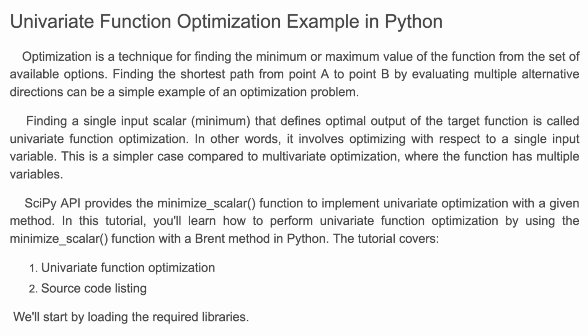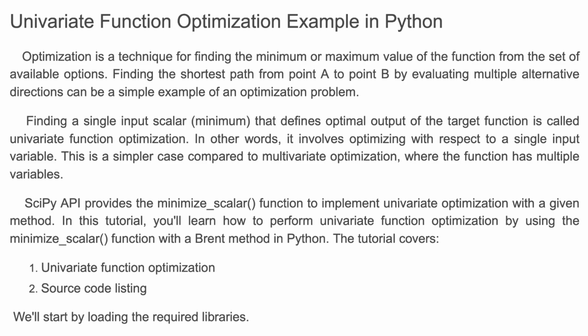In this tutorial, I'm going to explain univariate function optimization example with Python. Optimization is a technique for finding the minimum or maximum value of the function from the set of available options. Finding the shortest path from point A to point B by evaluating multiple alternative directions can be a simple example